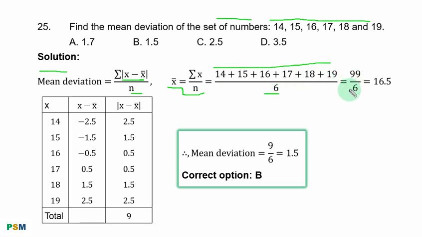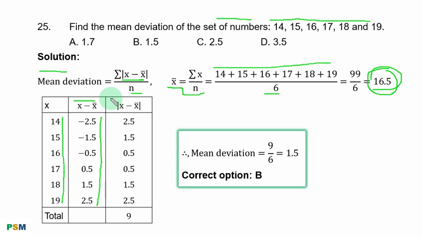You have 99 over 6, and that is 16.5. Let's use a table to show the solution and get the final result. You have S, the given numbers. Next, we get S minus S bar, that is subtracting 16.5 from each value here, and you have this result. This symbol